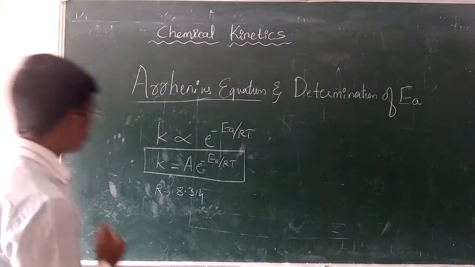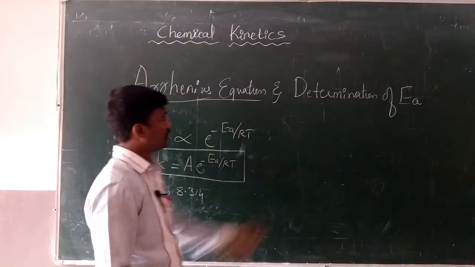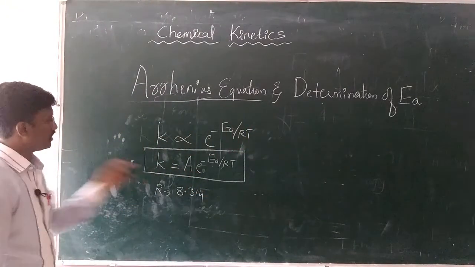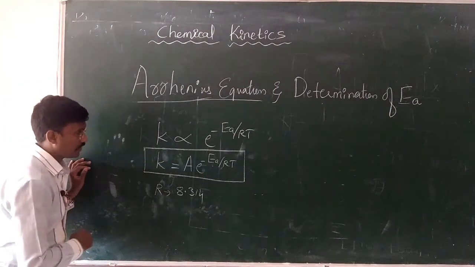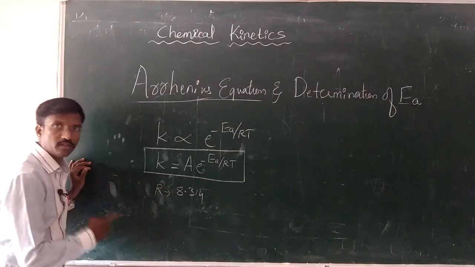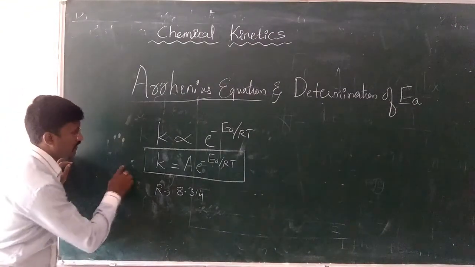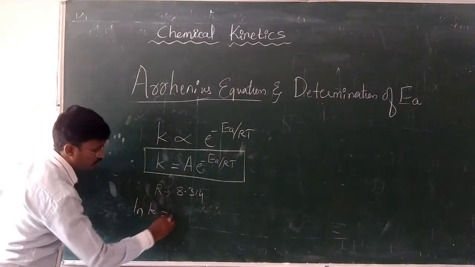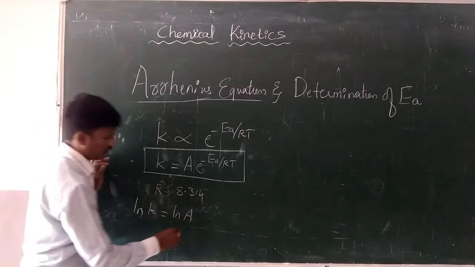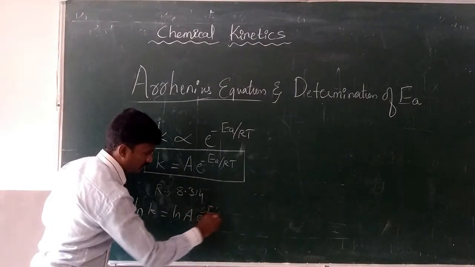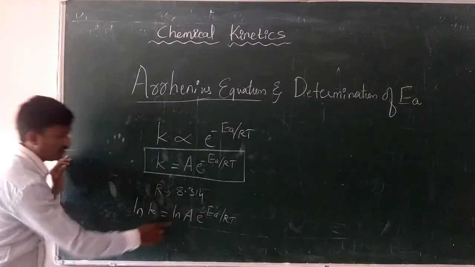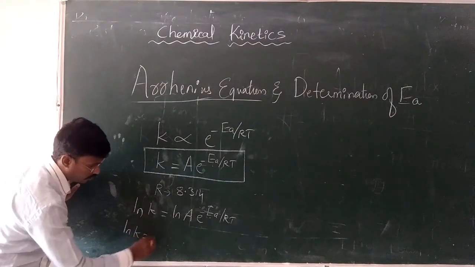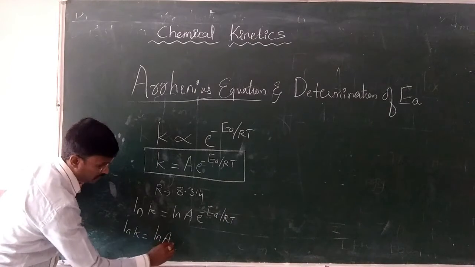So here, this is the Arrhenius equation. To determine the Ea value, we alter this equation a little. We take the logarithm, but instead of log, we apply the ln. By taking ln on both sides, the equation becomes ln k is equal to ln of A into e raised to minus Ea upon RT, which again becomes ln k is equal to ln A minus